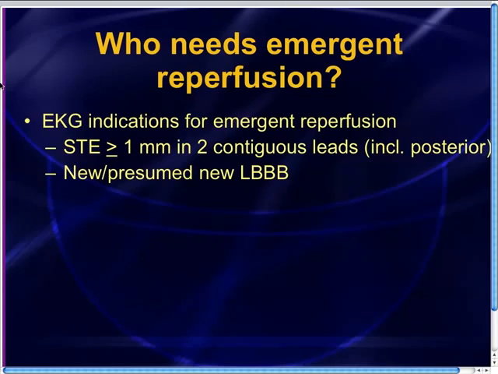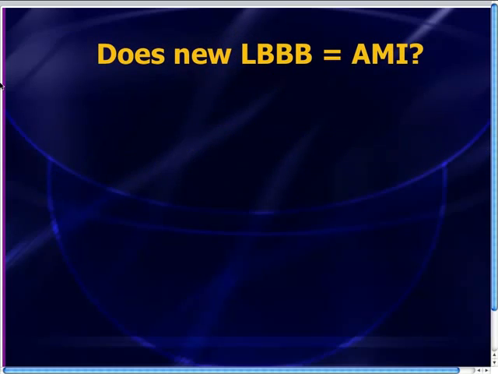And that's the first thing that this article talked about. There's increasing literature that says that a new left bundle branch block pattern does not equal acute MI. In fact, the original data upon which the guidelines were created, stating that new left bundle equals acute MI equals lytics or cath lab, the literature really was not that good, and we now have better literature saying